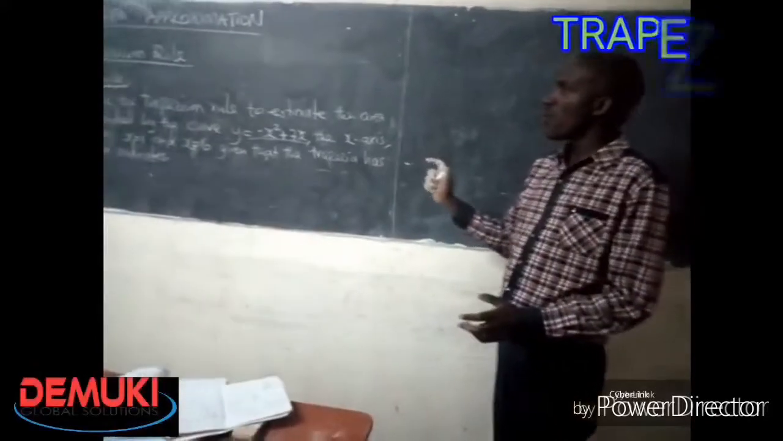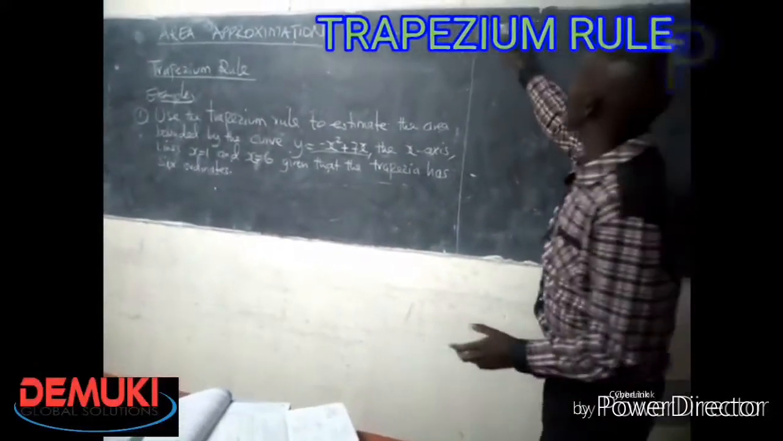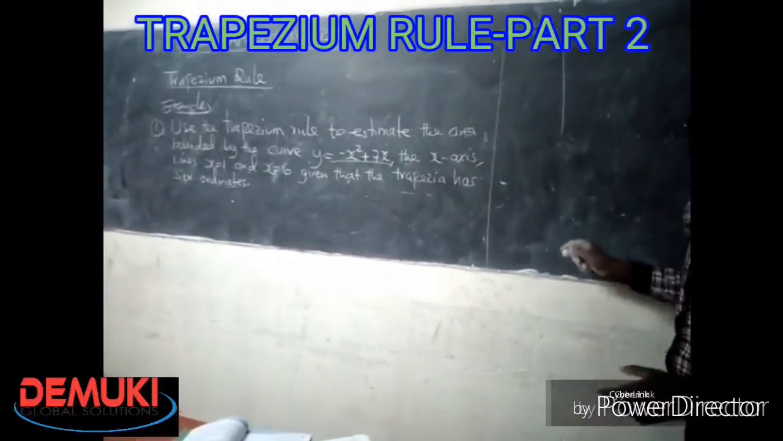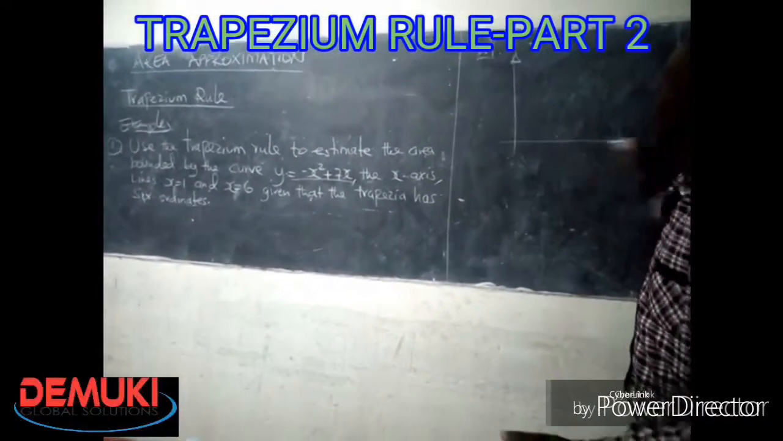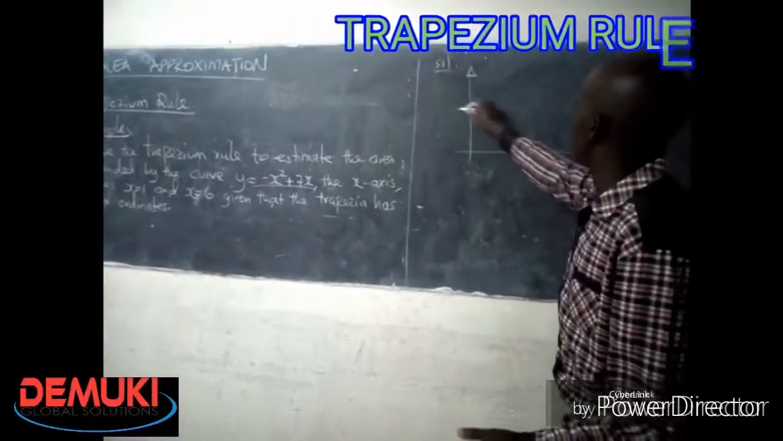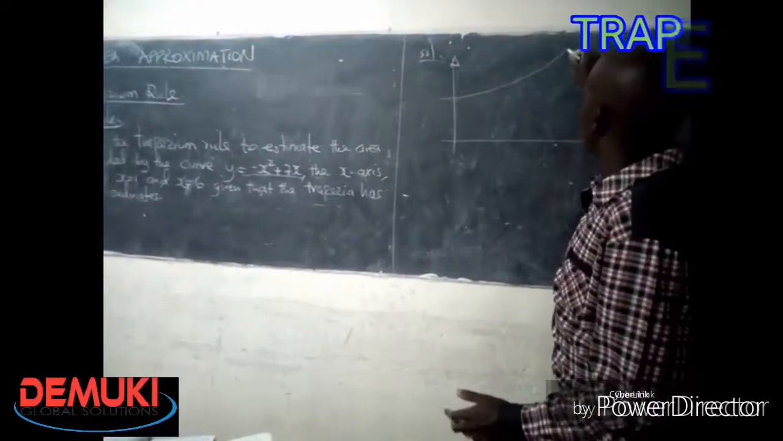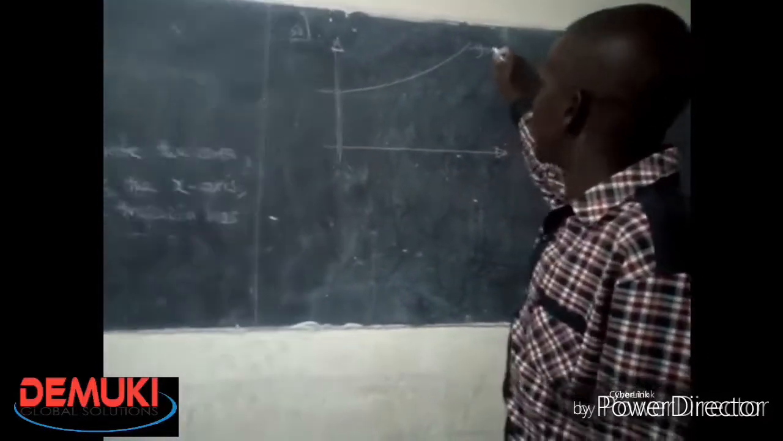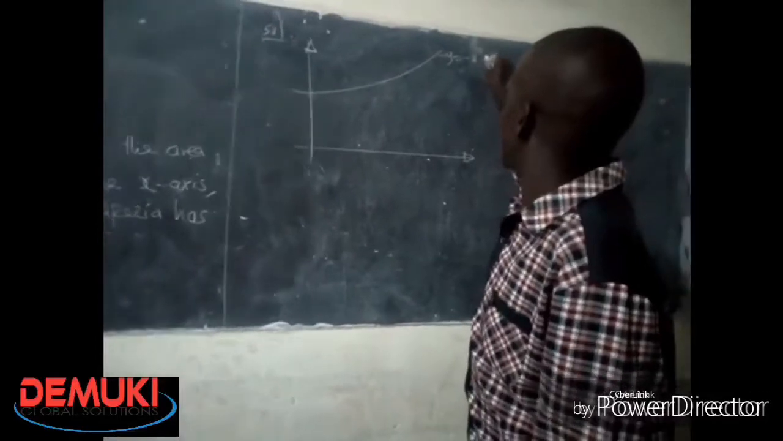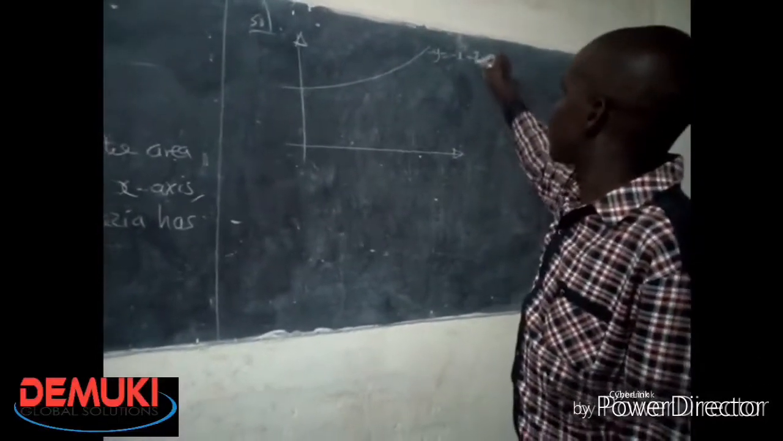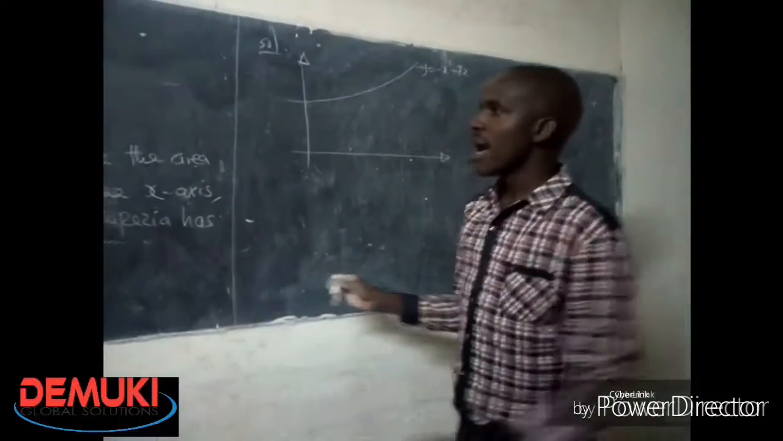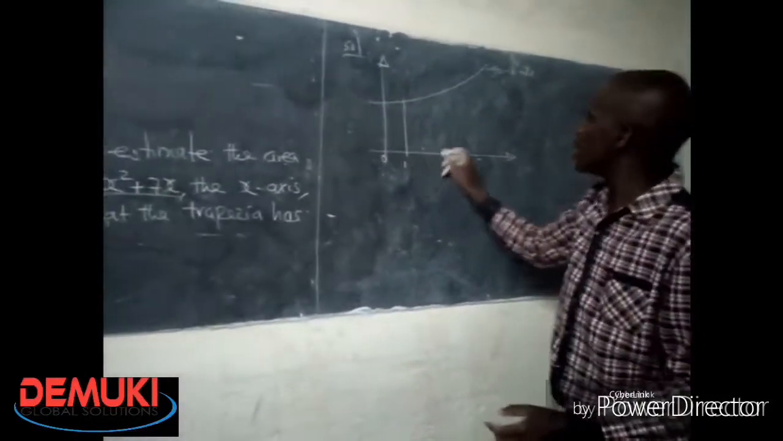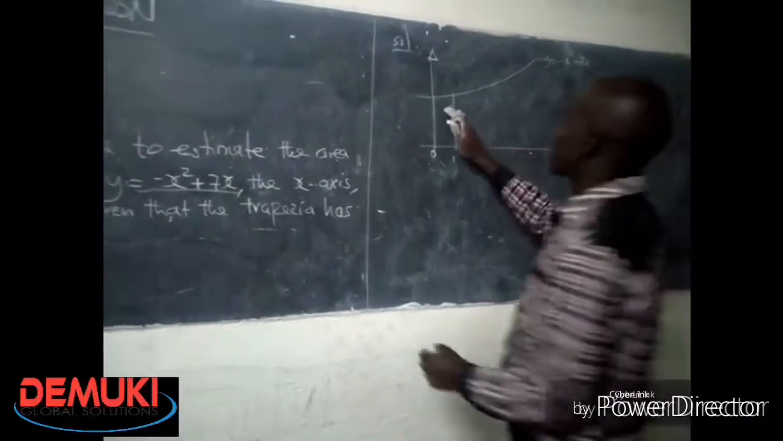In this question, we need to get a sketch, and here is my sketch of this equation. So I assume now this is the curve for y equals negative x squared plus 7x, which I'm required to estimate the area. And I'm being told it should be from x equals 1 to x equals